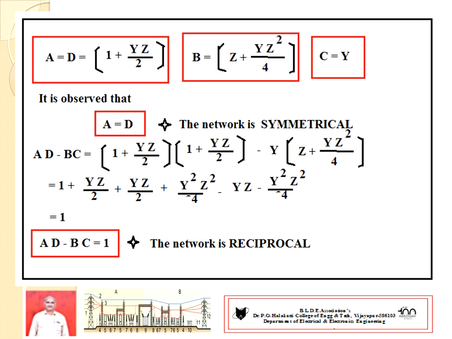All of you work out, practice once thoroughly. Tomorrow we can go for problems and the nominal pi method. These two are very important from the examination point of view. Derive the expression for ABCD constants for the nominal T method and also show that AD minus BC equal to 1. Okay, work out. Thank you to one and all.